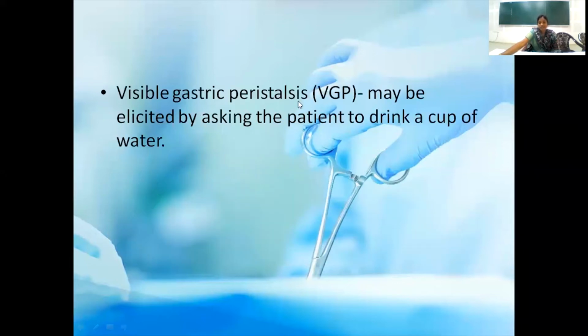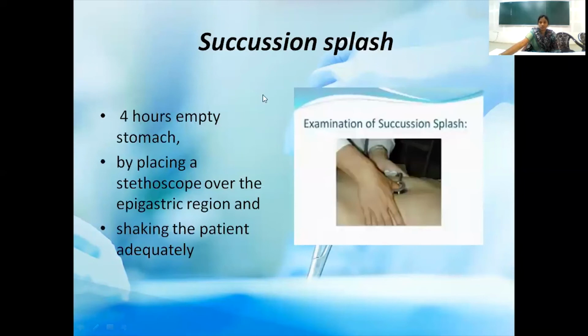Visible gastric peristalsis is also seen in adults. This is elicited by asking the patient to drink a cup of water. The other clinical finding is succussion splash. This succussion splash is elicited in gastric outlet obstruction patients by keeping the patient empty for 4 hours, and after